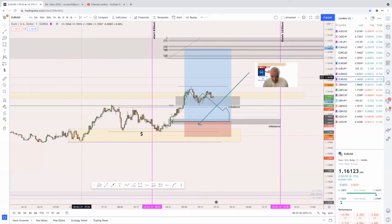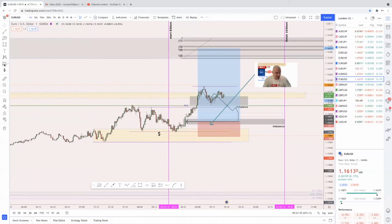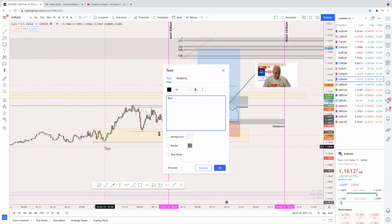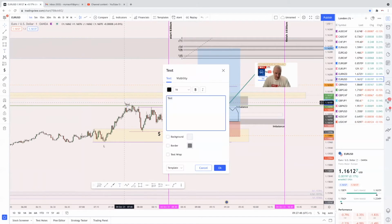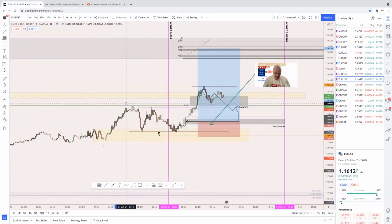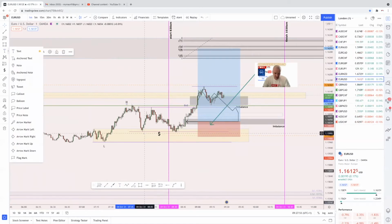So it's a bit like a deep dive analysis on what I'm looking at structure wise. Again, and I'll say this on every session I do, we don't rush into a trade. You've got to be able to put the building blocks together and understand your structure, okay? Because from a structure point, let's get some things written out. Okay, you've got your low, okay, you've got your high. As you come in on structure